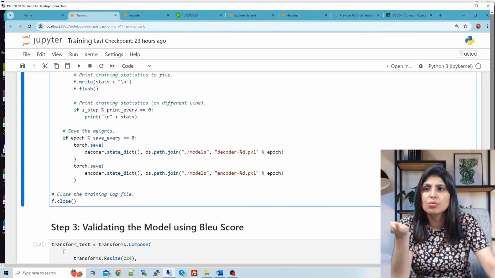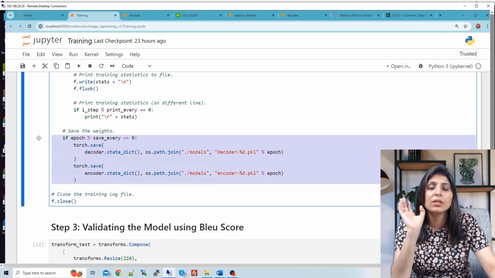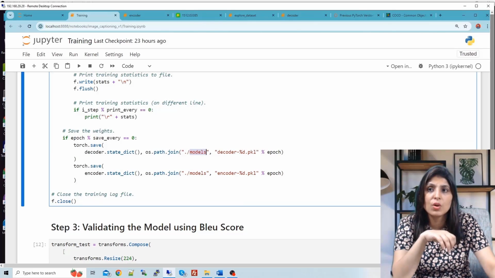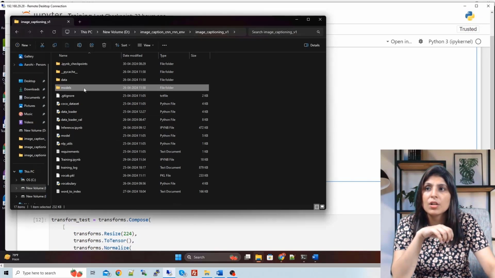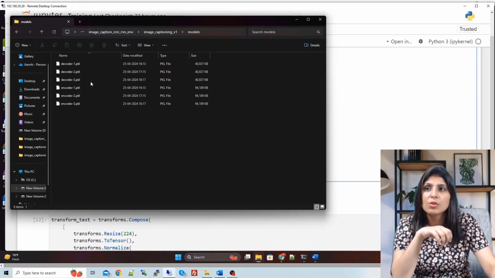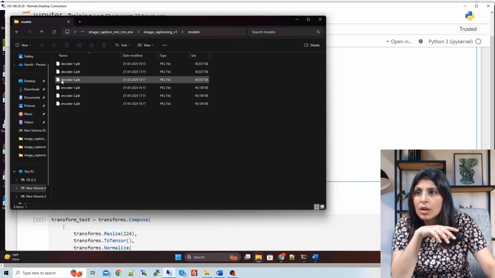And then we want to save the trained models in the models folder. Let me show you the models folder now. So here is the models folder. When you open it, since I have trained the model for 3 epochs, you will get decoder 1, decoder 2, decoder 3.